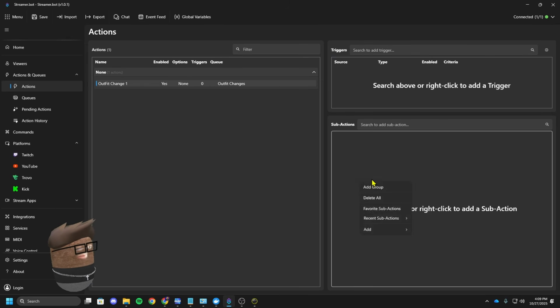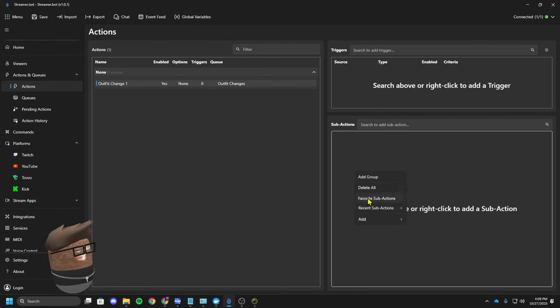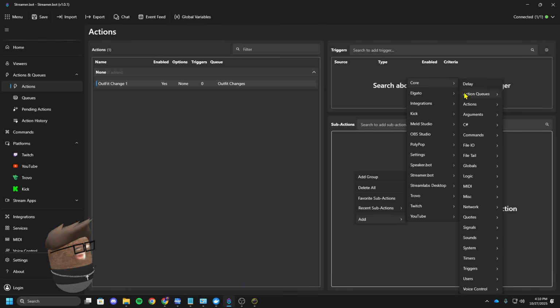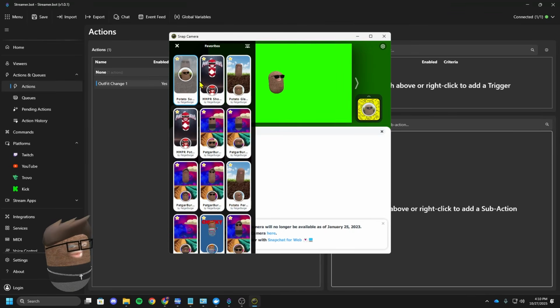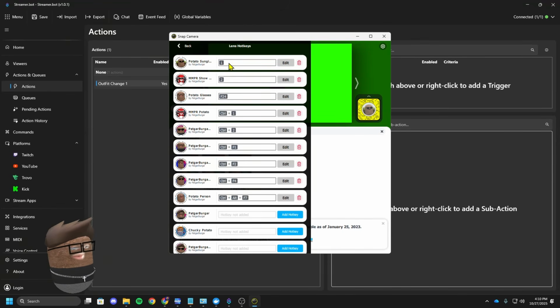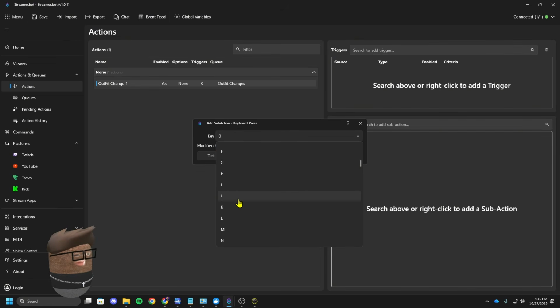In your sub actions, you're going to right click, add, core, system, keyboard press. So find whatever lens that you want it to be, and remember your keybinds, right? We'll just have this be F24, and then I'll do another one that's just 1, and I'll do Control F4, right? So you just find whatever key it is that you want,